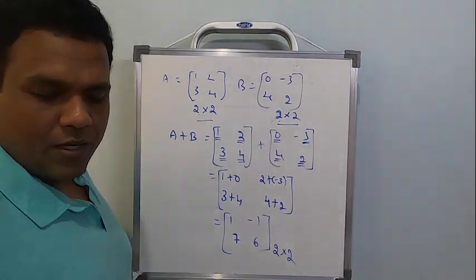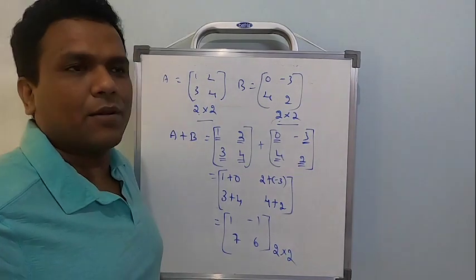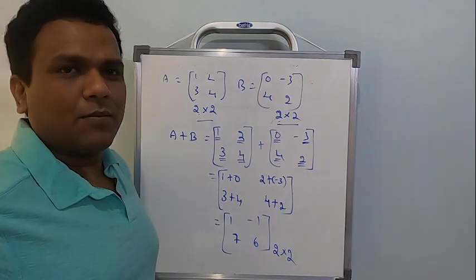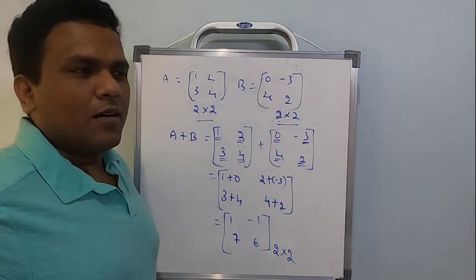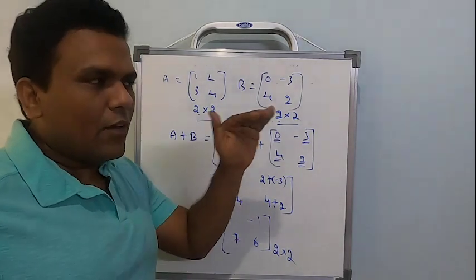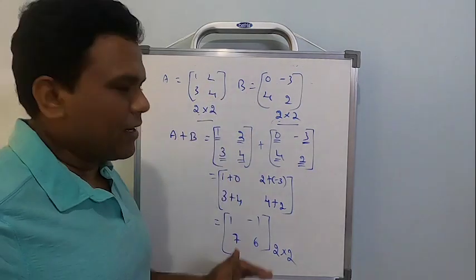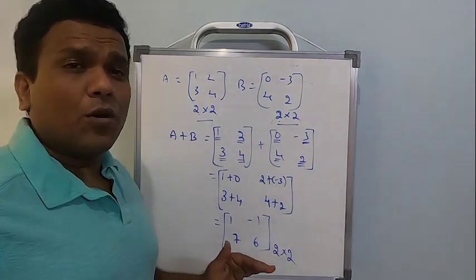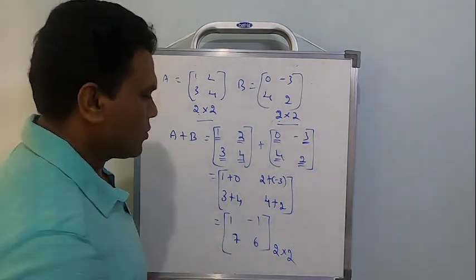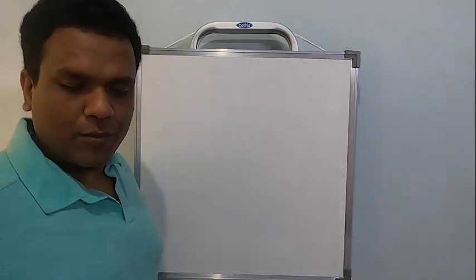Okay. Student, if you are unable to understand, unable to practice, unable to learn this chapter, which is one of the easiest, then forget about the other chapters. Easily scoring with less risk. The level of risk is going to be very much less, and scoring and getting the marks is so easy in this chapter. So please practice them. So that is how the addition of 2 matrices should be done.